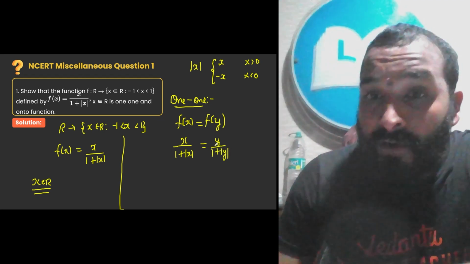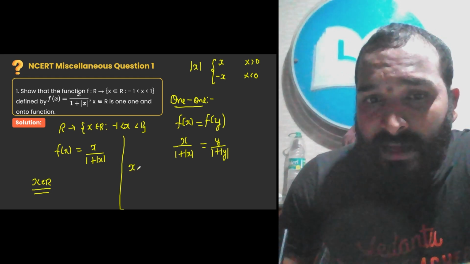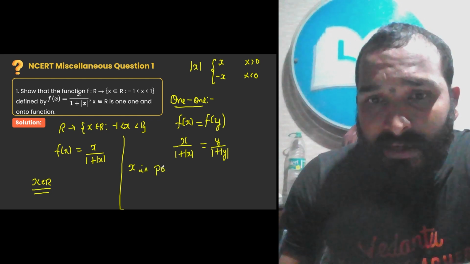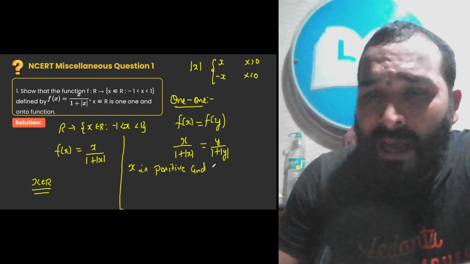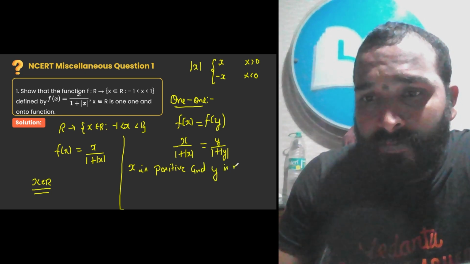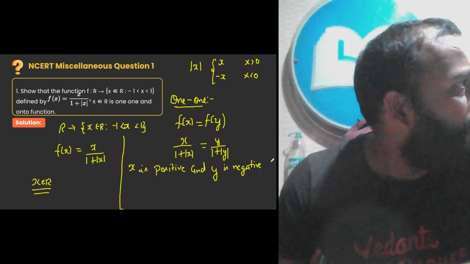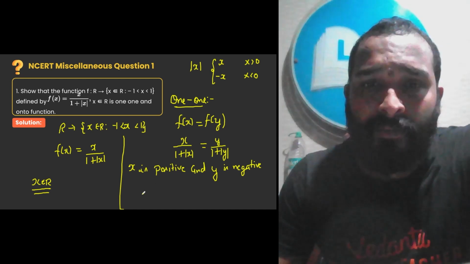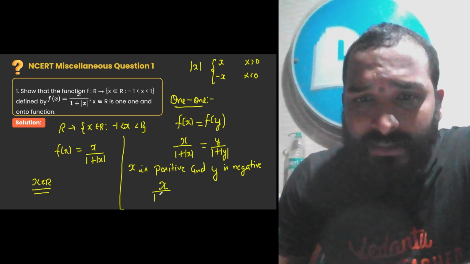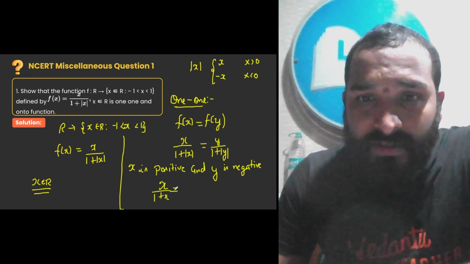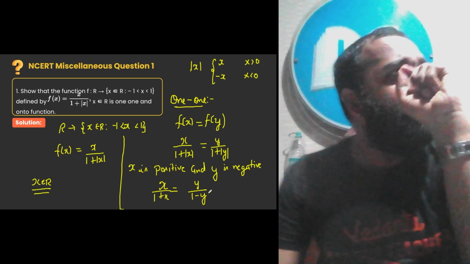But now when you have modulus of x, we have conditions. First condition, observe this. If you are simplifying, when x is positive and y is negative, we will check what happens in this condition. In this case children, when x is positive and y is negative, observe this very carefully. It becomes x divided by 1 plus x, which is equal to y divided by 1 minus y. Why? Because modulus of y